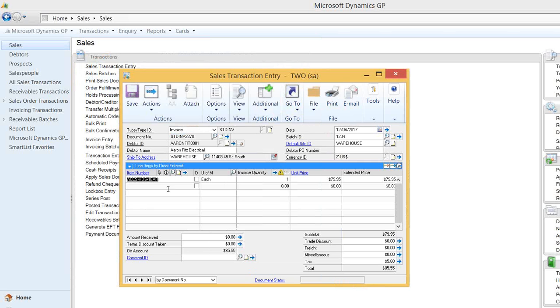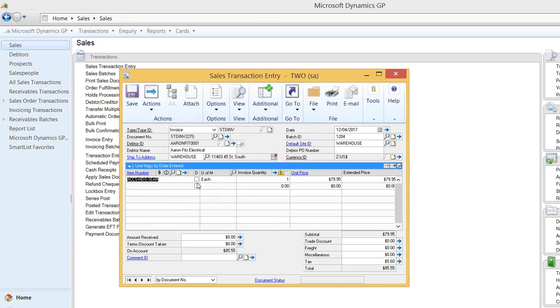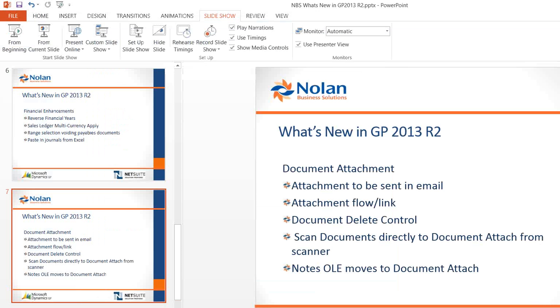We've also got attachments against the items. So the same applies to items. If you have a particular product sheet or something that you need to send out with the invoice or with the order, you can attach that product sheet to the item and tell that to automatically go across onto the invoice. The same works within the purchasing side of the system as well. So